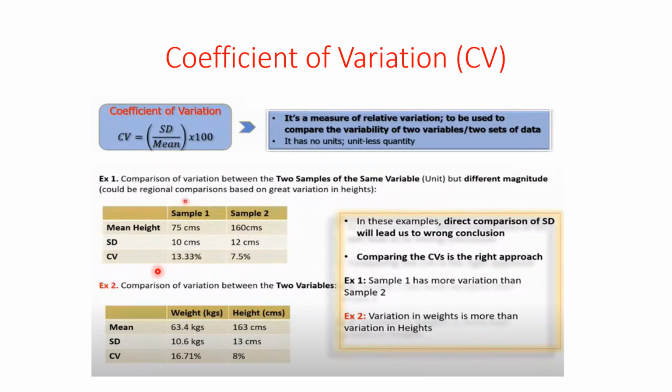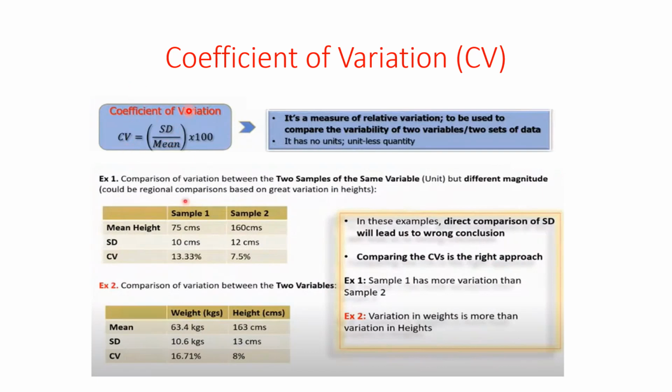Now as you can see, the coefficient of variation is very simple to calculate. For one variable, you compute the standard deviation, divide it by the mean, and multiply it by 100, and you get the coefficient of variation in percentage. Otherwise you will get it as a fraction. And you can use two coefficients of variation between two variables to make a comparison amongst them. The idea here is that the coefficient of variation actually cancels out the unit. In standard deviation and in variance, we have units.